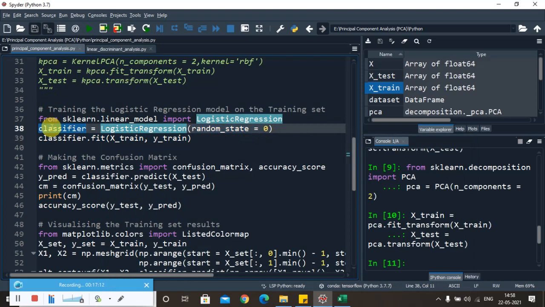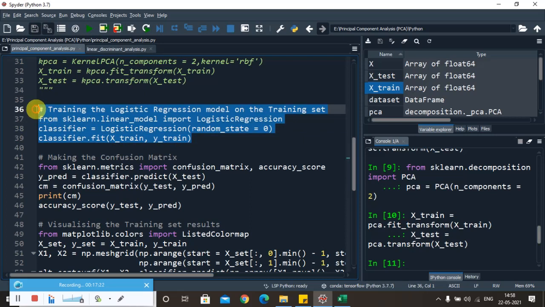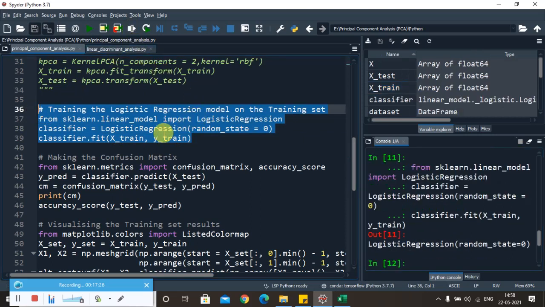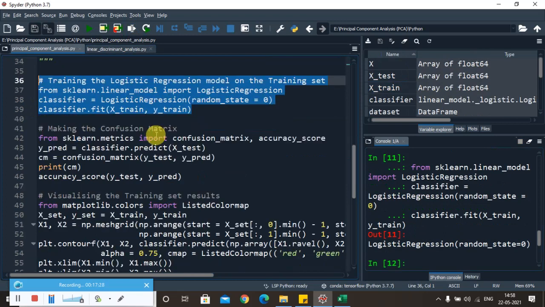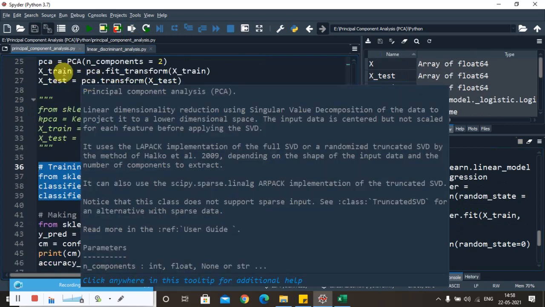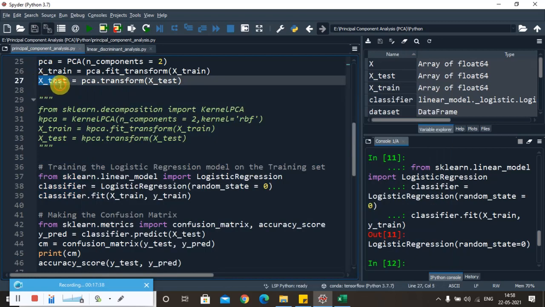Through this object I invoke a method fit, and I'm going to fit the model to the training data set, that is xtrain and ytrain. So this is how we are able to build a logistic regression classification model here, right? So we have built the model and trained it using the training set, xtrain and ytrain. Xtest we are using for testing, right?